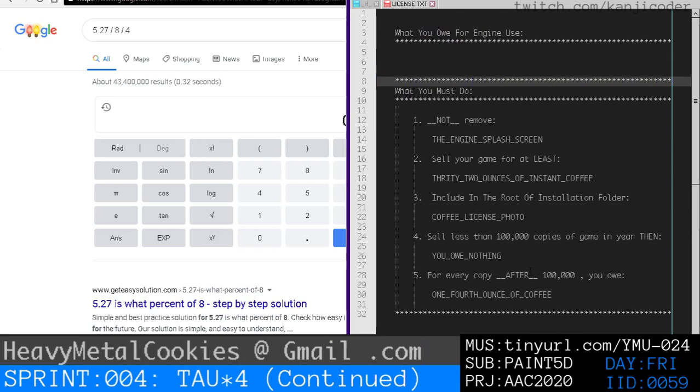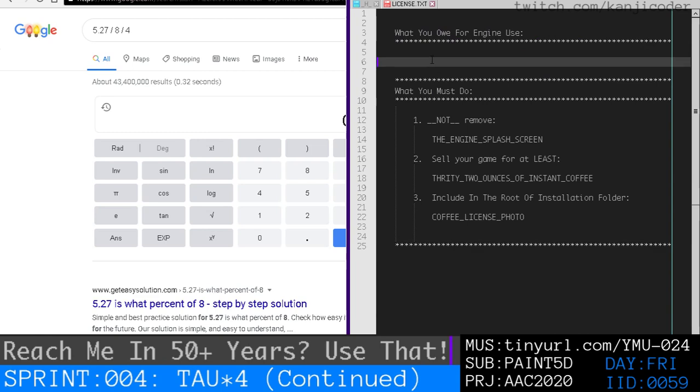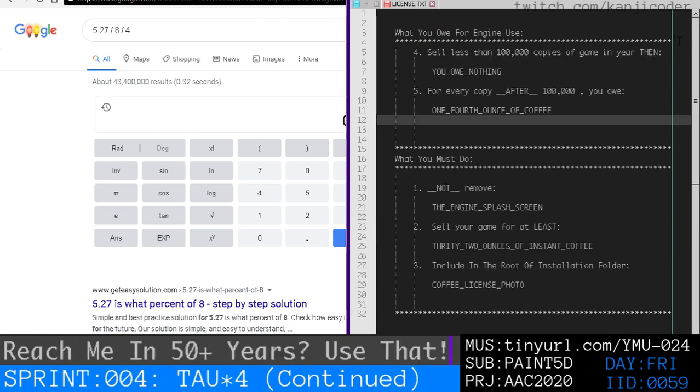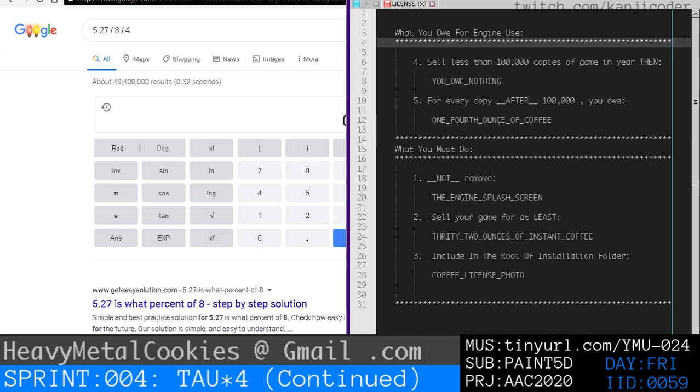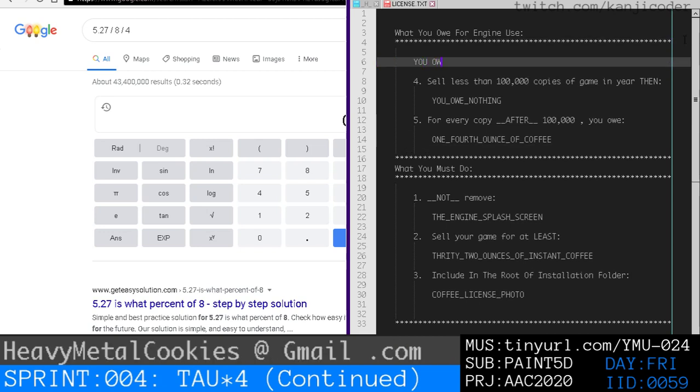Okay, what you owe for engine use. You owe nothing if